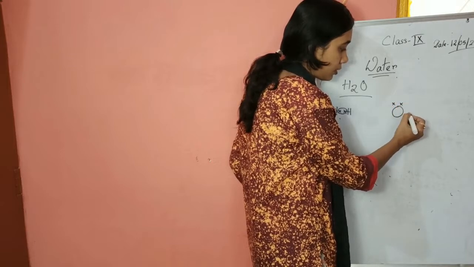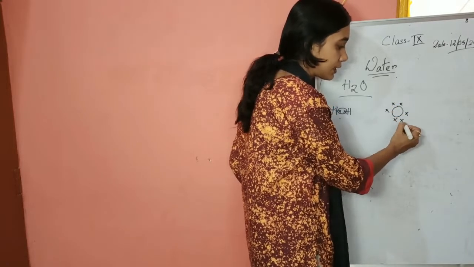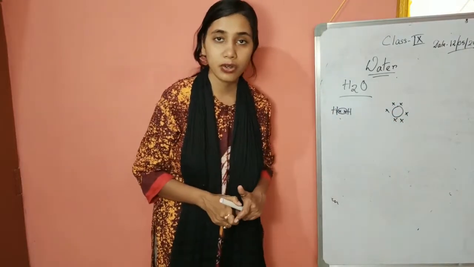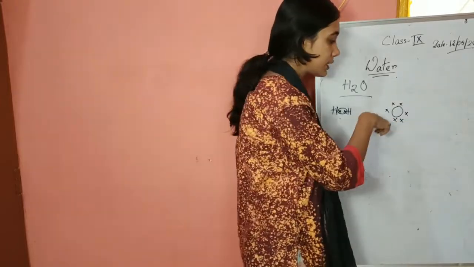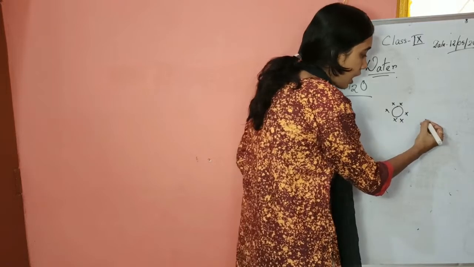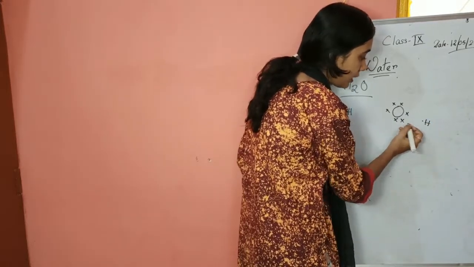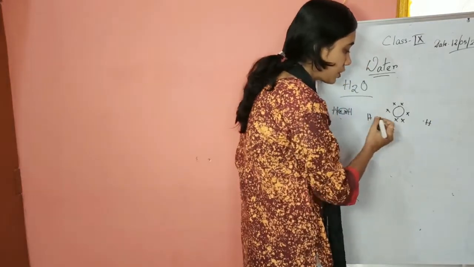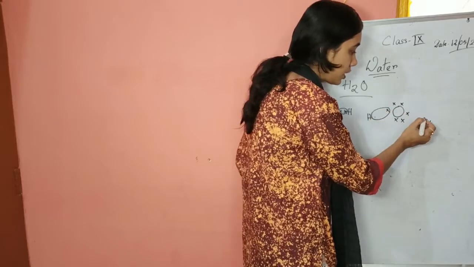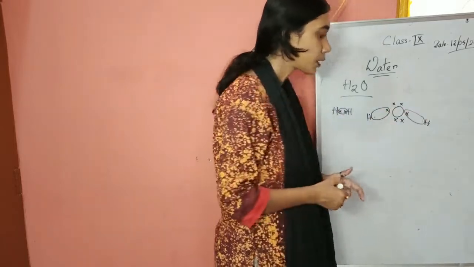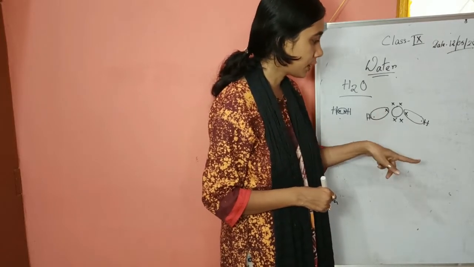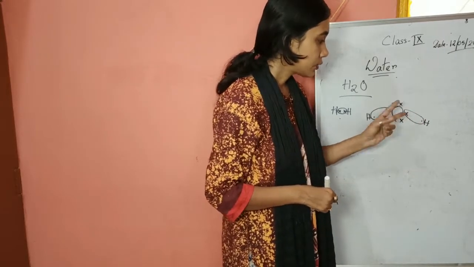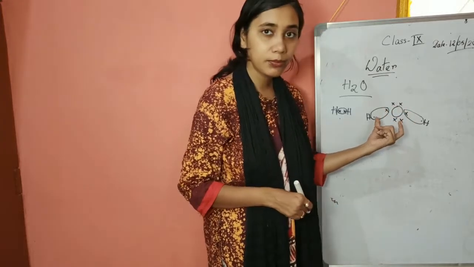So if I write the electrons, you know oxygen has a total of 8 electrons, 2 electrons at the K shell and 6 at the L shell. So these are the electrons, 6 electrons. Hydrogen has 1 electron at its outermost shell, so they will share the electrons. Now you count the electrons for them. Hydrogen, now after sharing, 1 2 electron, 1 2 electron, so these 2 electrons are shared by both of them.